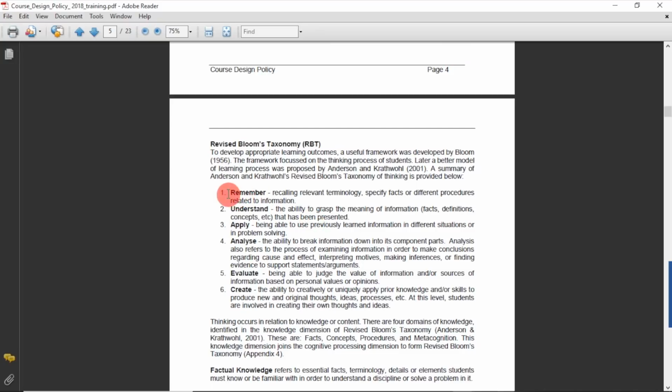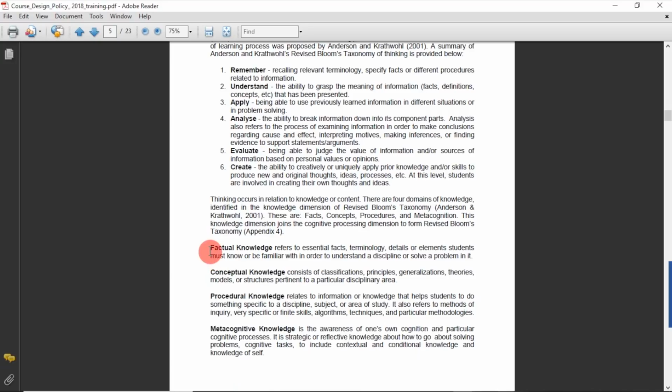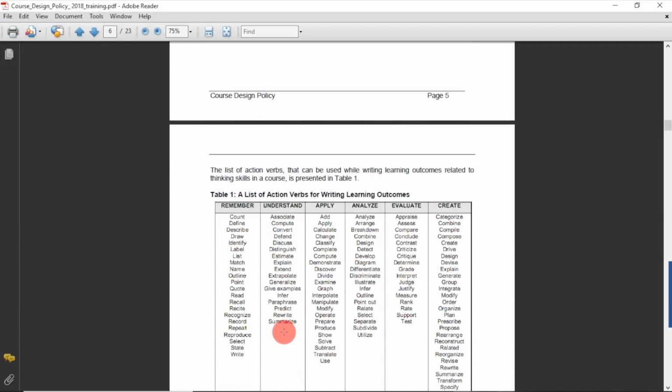So this we already discussed, that Bloom's taxonomy was talking of classification of the learning into 6 different parts, and this we have discussed in detail in our session 3. Now over this, Rothwell and Anderson said that we would focus on factual knowledge, conceptual knowledge, procedural knowledge, and metacognitive knowledge. So that's how they started revising.